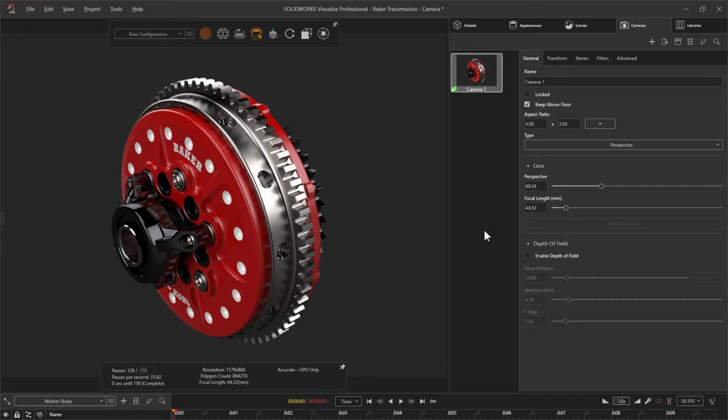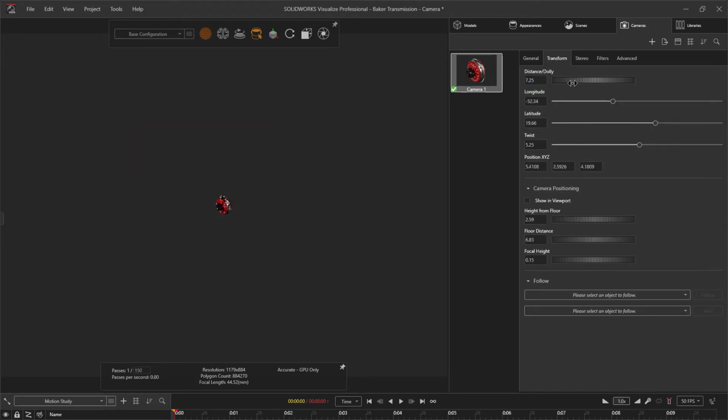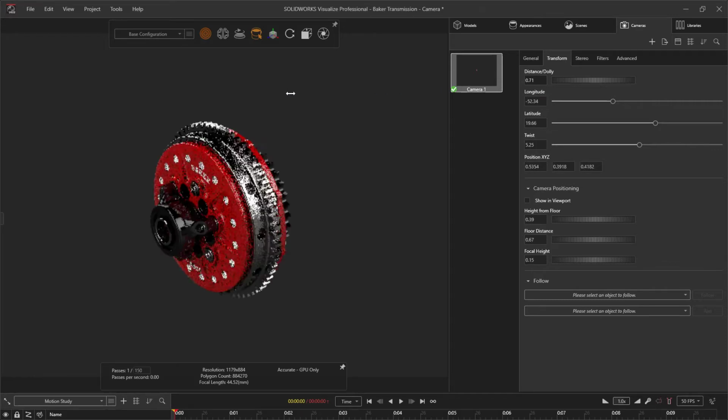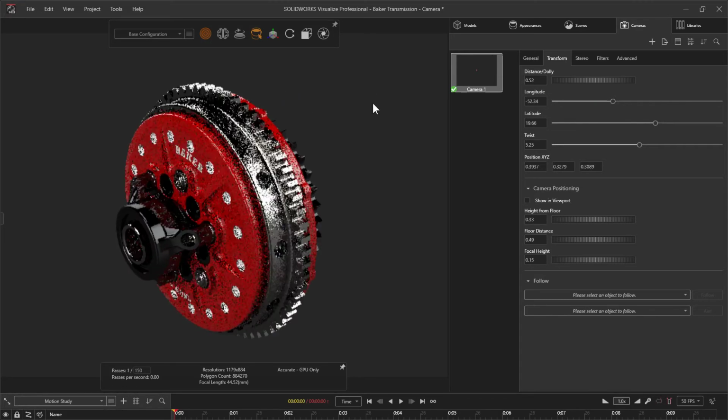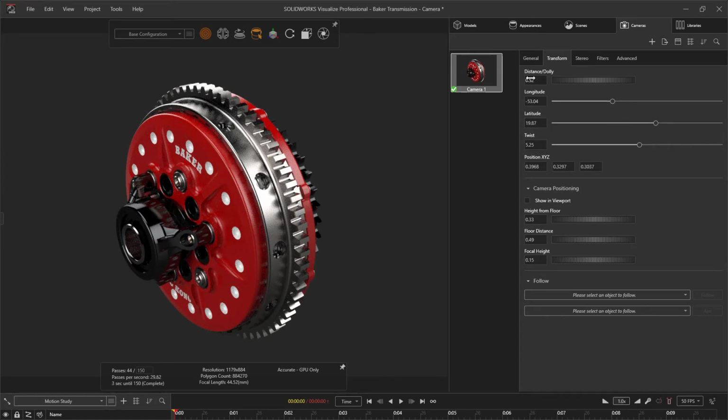So we also have a lot of transformation tools here. These affect many of the things that you can affect when you are just scrolling, zooming, and panning. Notice how drastically that moved in and out. That's because these dials move in larger increments compared to this right here. If you click and drag from left to right, you'll notice that it's a smaller, smoother increment that it moves. So we've got longitude, latitude, and all these others, but I actually have a better way to show you how